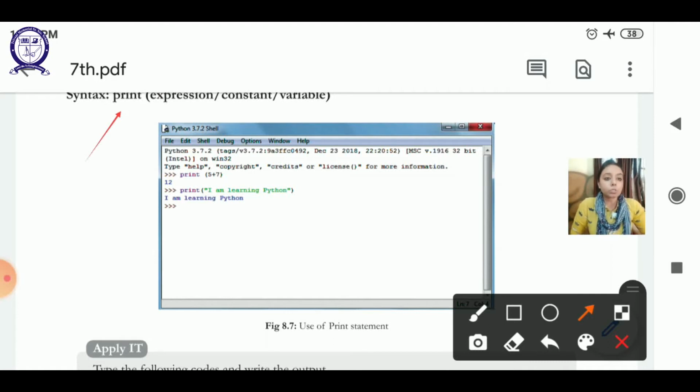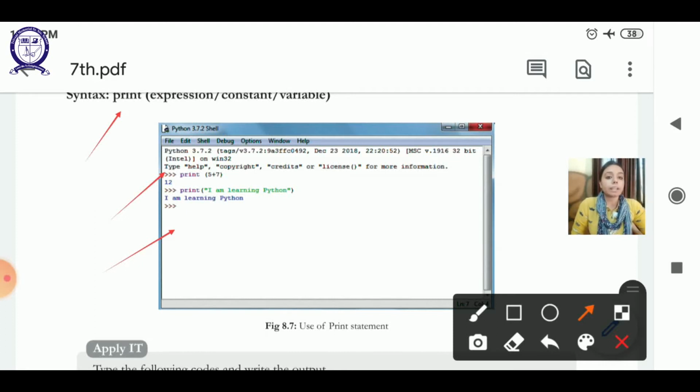Here we have the Python shell in which the interactive mode is shown, and here the use of the print statement is shown. In the first statement, after the Python prompt, it's written print and in the parentheses 5 plus 7, and if you press the enter key, the answer will come as 12. Similarly, the upper one was an expression, and in the statement below, the print statement, it is written I am learning Python, which is enclosed in double quotes.